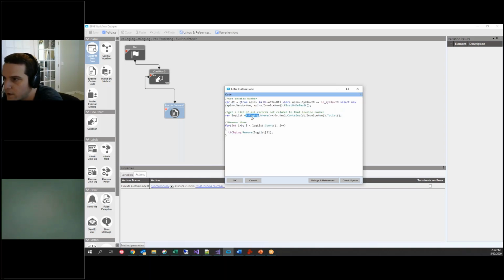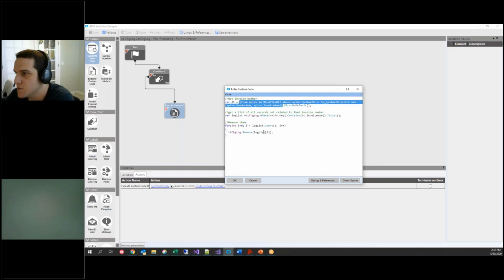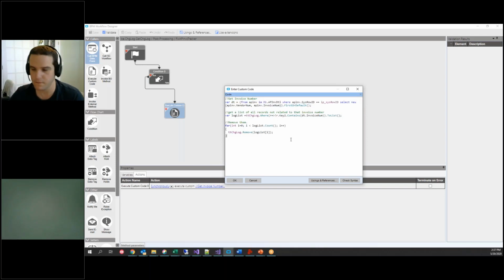So this one was a temporary table query. It doesn't matter too much. It will blow up, but not a big deal. If you do not do toList when you're doing a database query, or if you do not do first or default, you will end up potentially with the record locks. So if this query here, for example, that I'm doing up here, I were to do for each var x in that query, like that,